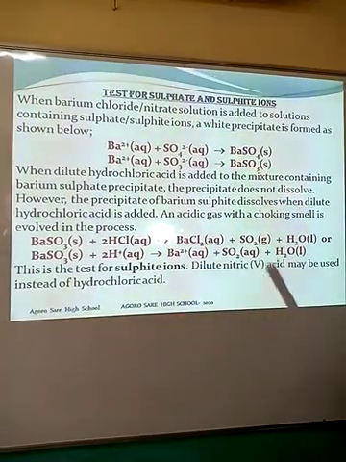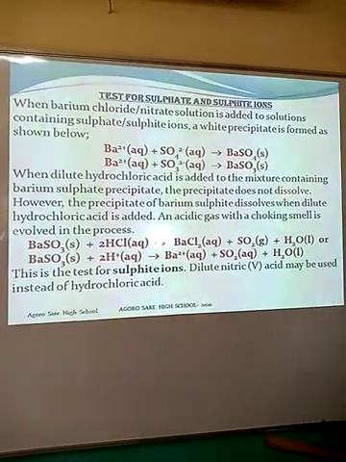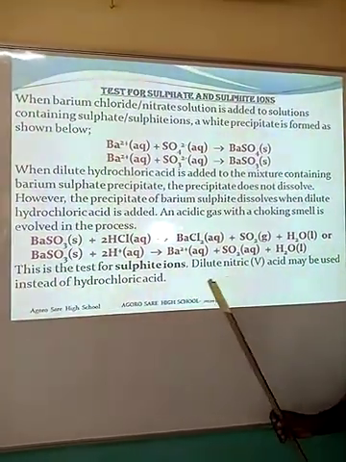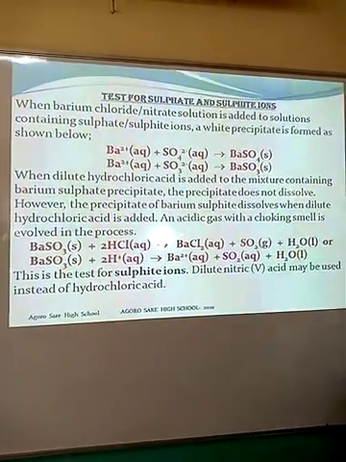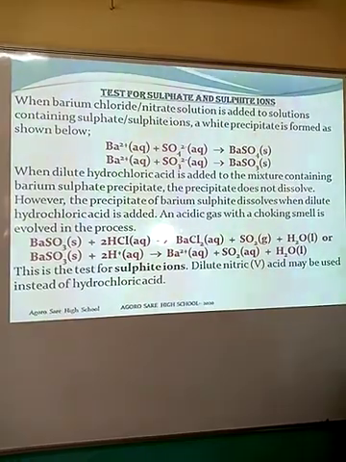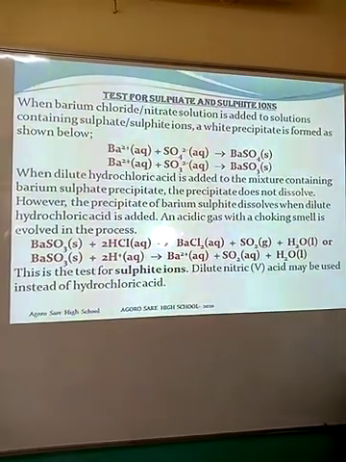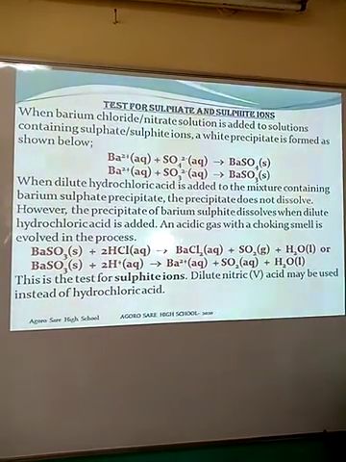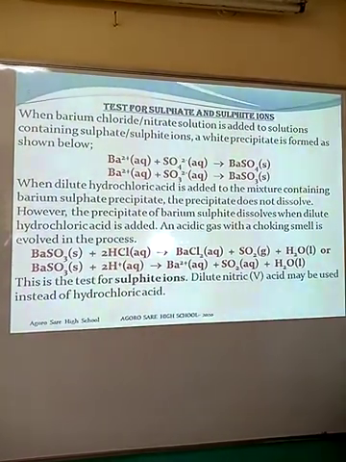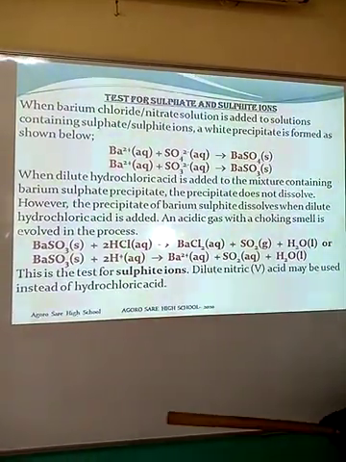Remember, sulfite ions is SO3. Now, for sulfite ions, you can as well use dilute nitric acid, which may be used instead of hydrochloric acid. And we cannot use sulfuric acid. Remember, sulfuric acid generally has sulfate ions, and the moment you add sulfuric acid, you are adding more sulfate ions,